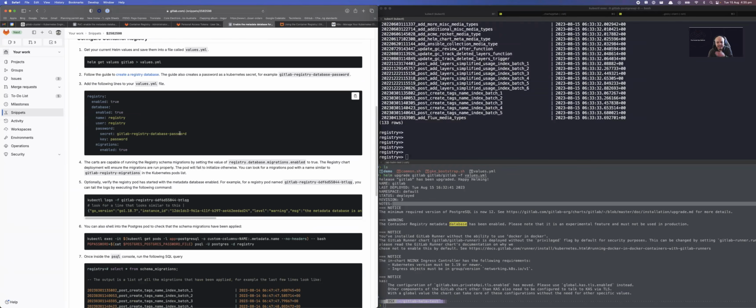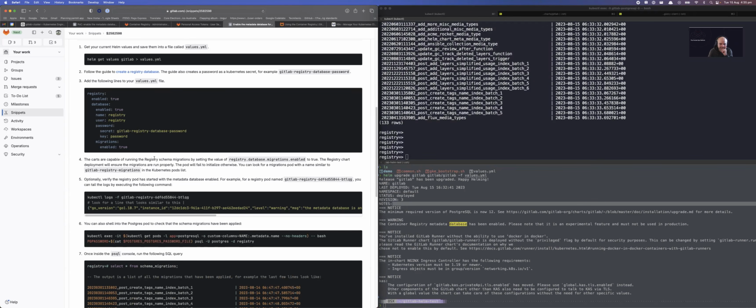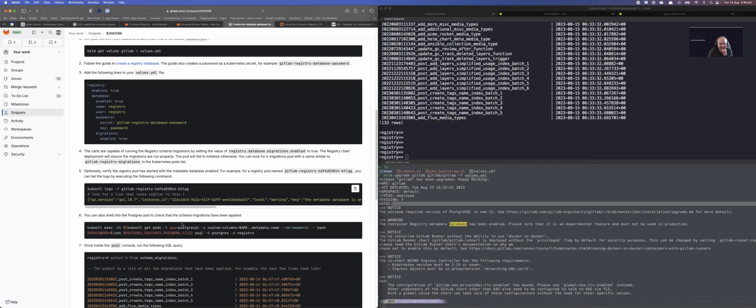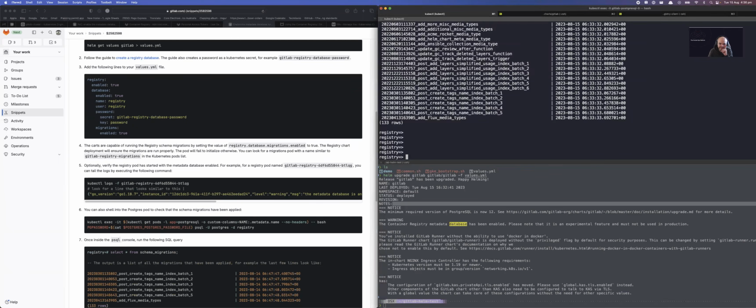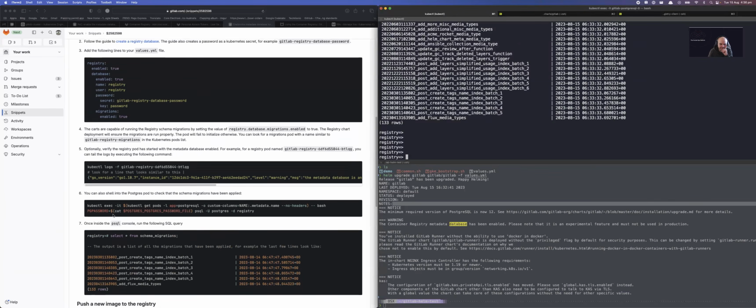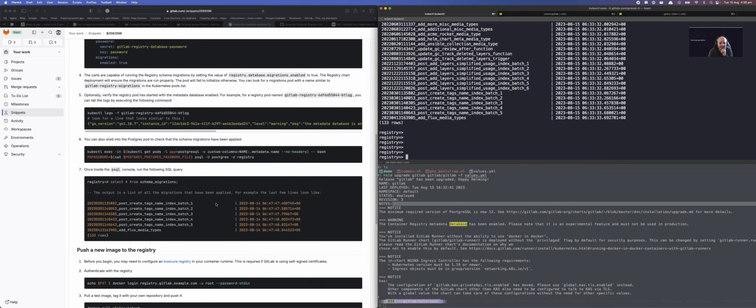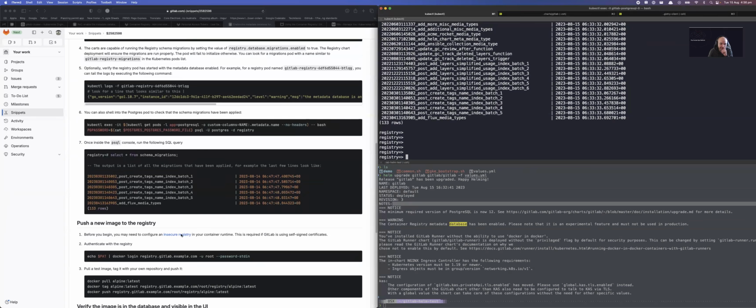Cool. So we are done with this part. I basically went ahead with these steps here, which was applying the migrations and upgrading the registry, sorry, the Helm chart. And now we check the logs, and we are already in the Postgres database. So we are verifying everything is in there. So cool. Now that we have this, we're gonna have to do